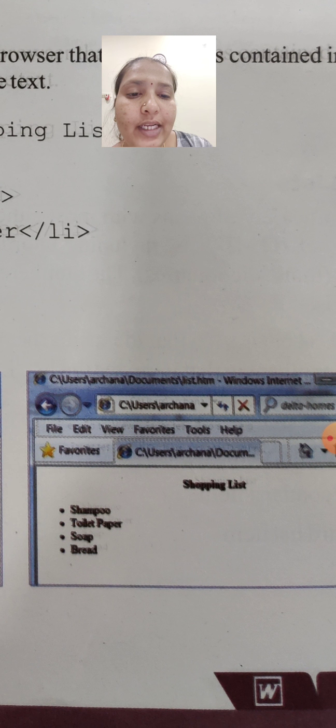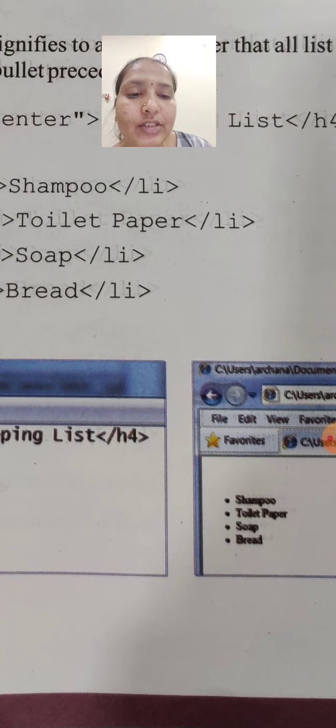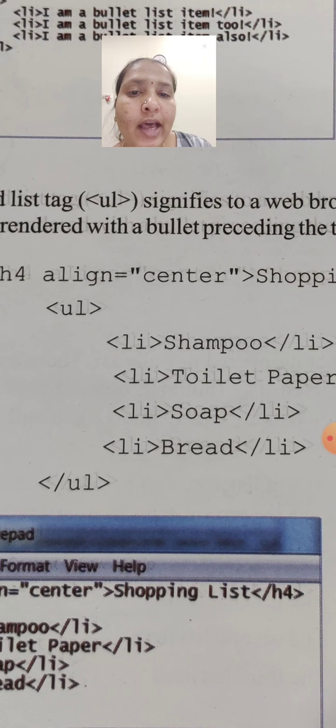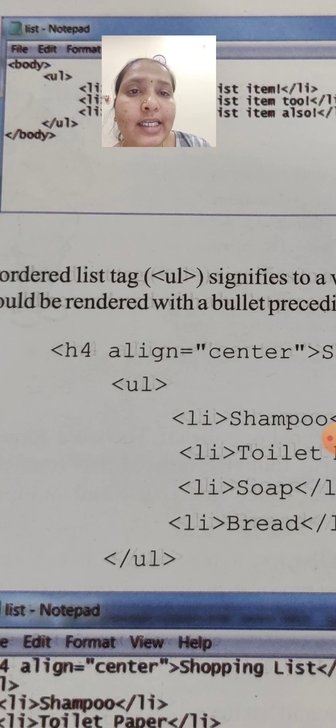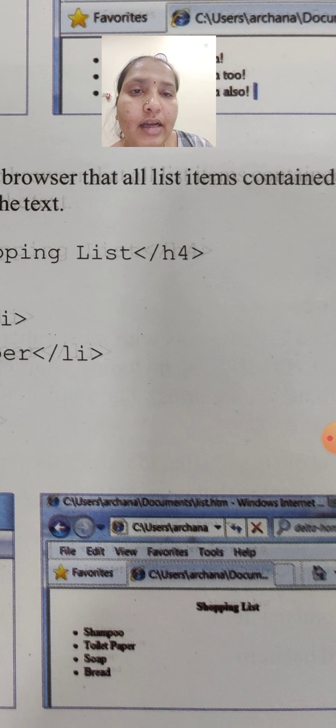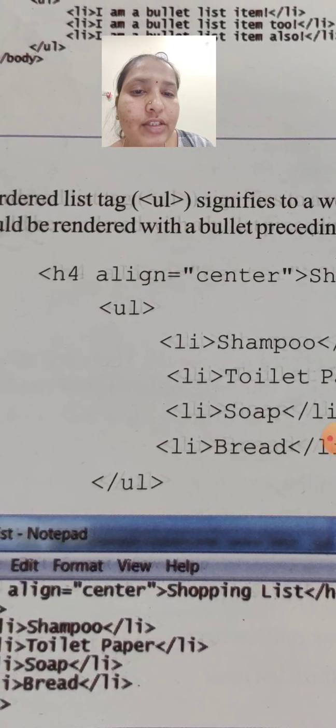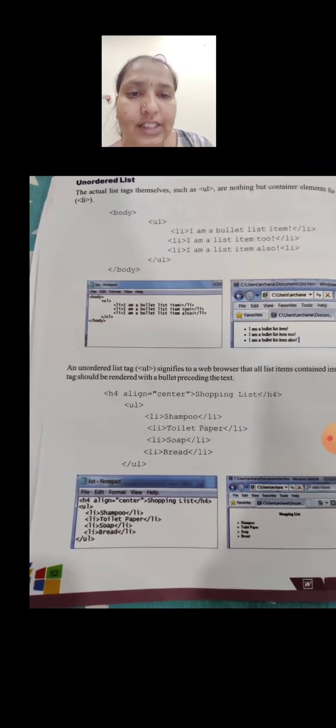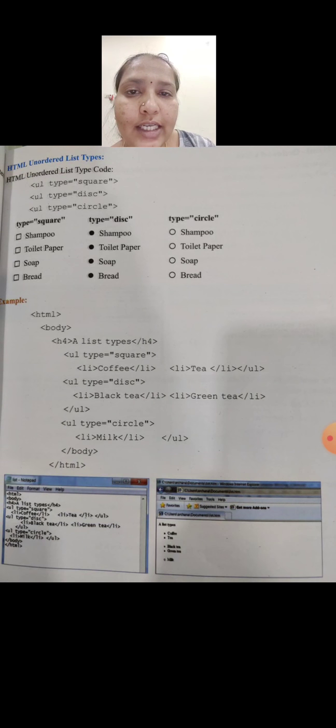See here, they have given shopping list. They have mentioned h4 align center, that means the heading will come in the center. Okay, shopping list has come in the center, no? Then all the list items are given. Here they have used the bullets, so they have used the unordered list. This is all about the unordered list.